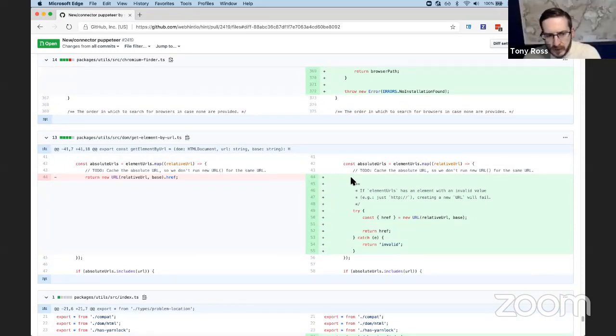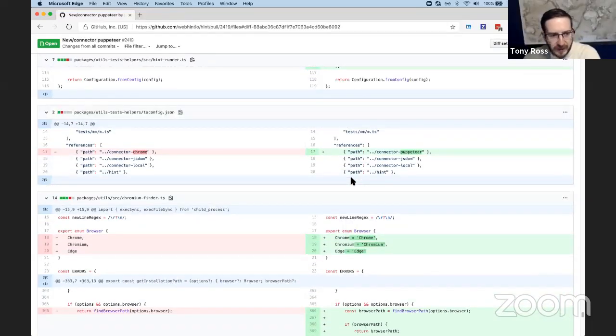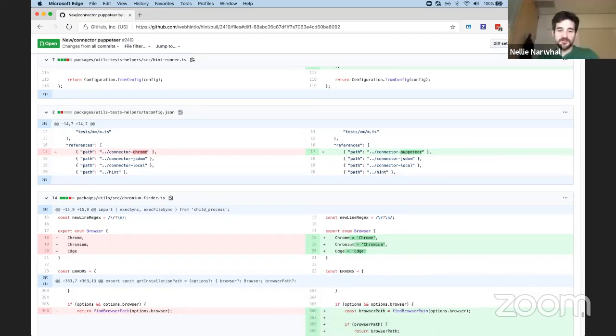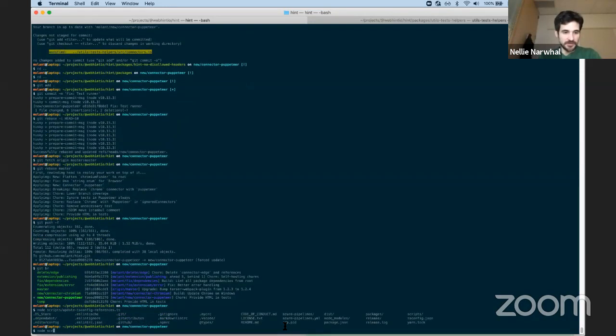Interesting. I was just noticing the project references. You scrolled away from it, but it updated that line, although we have a script that generates that, and I was expecting it to end up alphabetical. I did it manually probably. So that'll probably get overridden, or it'll turn into a diff the next time somebody runs the script. So you may want to move that down after connector local. It's not, okay. So this scripts update is